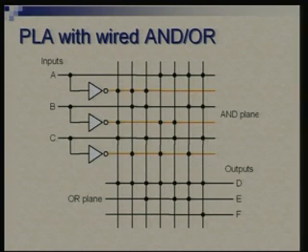Given certain number of inputs, outputs, and product terms, the overall structure is the same. To go from one functional specification to another functional specification, all you need to do is place your dots differently. Okay. You move these dots around, different product terms get formed and different product terms get summed. So it's a kind of universal or programmable logic, where by placing these dots you can form the required connection and get the required function out.